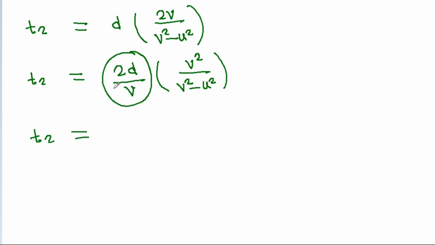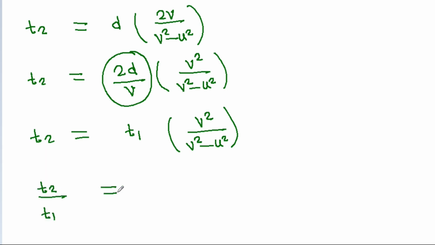T2 is equal to 2D by V, which is T1, times V square by V square minus U square. So T2 by T1 will be equal to V square by V square minus U square,